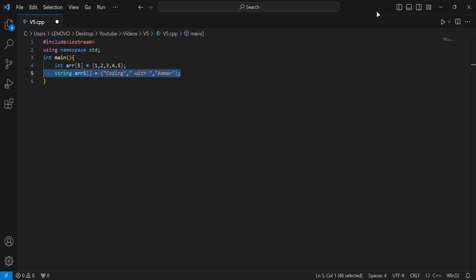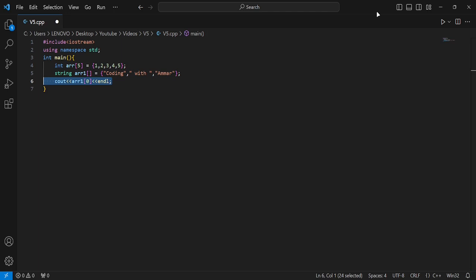The array always starts with the index of 0 for the first data in the array. Just like in the example above, coding has an index of 0. If we want to get a specific element from the array, then we can type it like this. This code will output only coding,